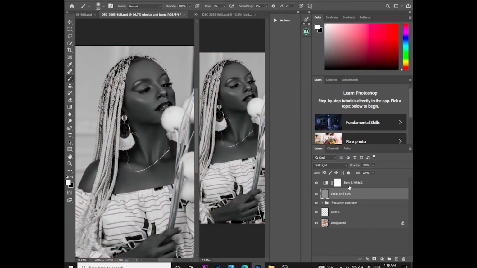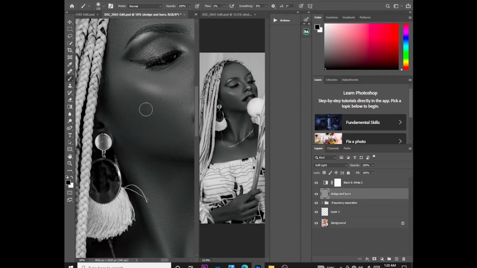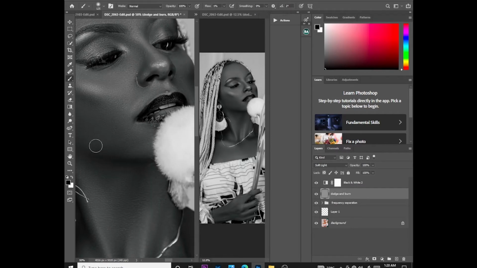I'll enable the black and white, and then just pick my brush tool. Make sure the foreground color right here is black. Okay, and then just zoom. Then just spin this shadow right here. There. Okay, the next one, just spin this shadow right here, the one on the eye. Just bring it up to somewhere like that. Okay,